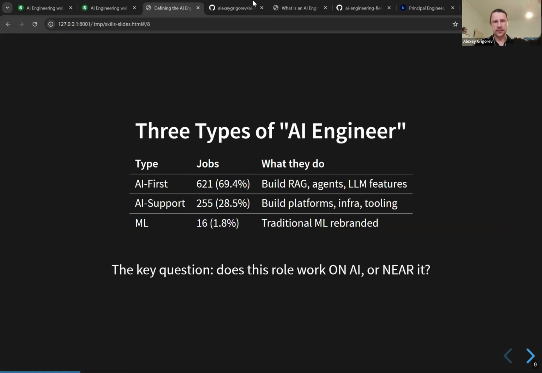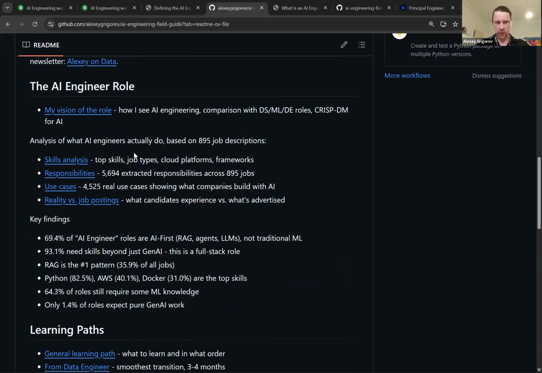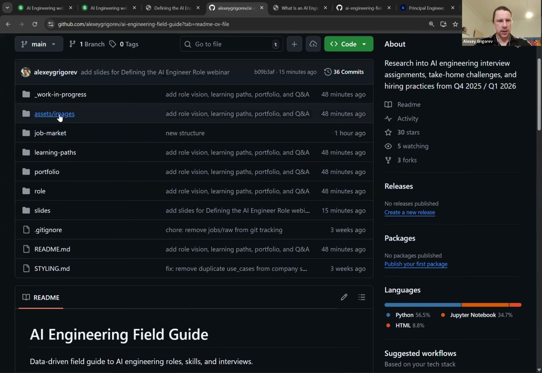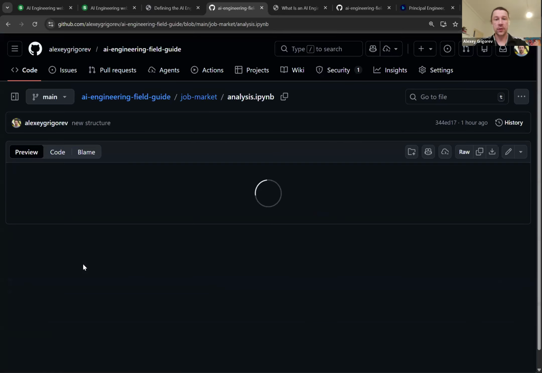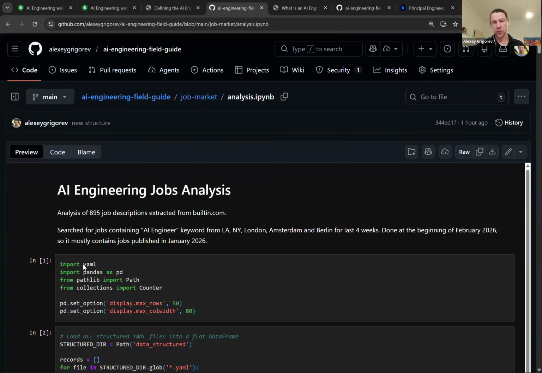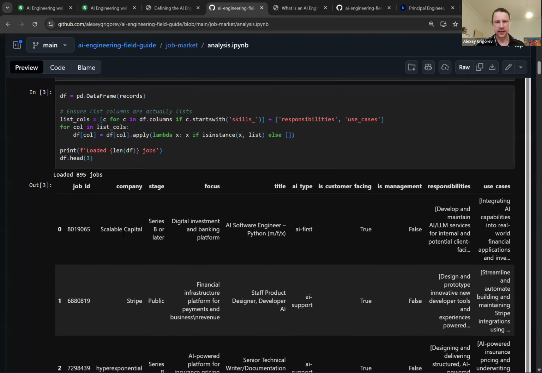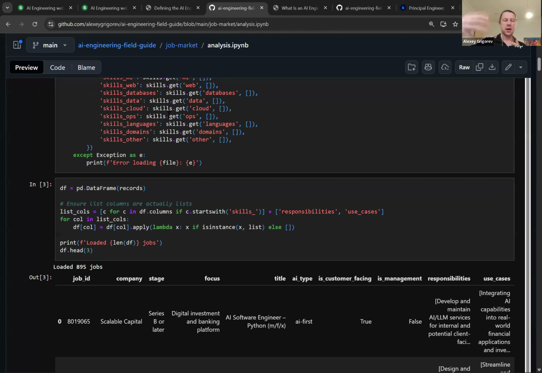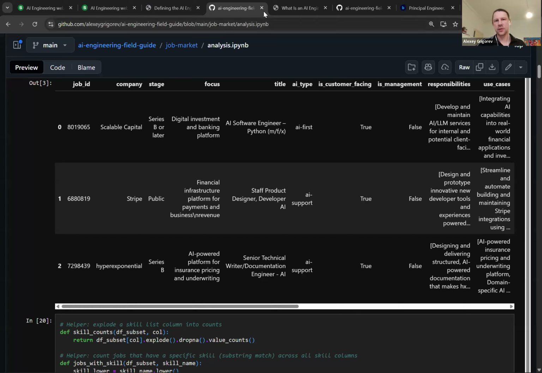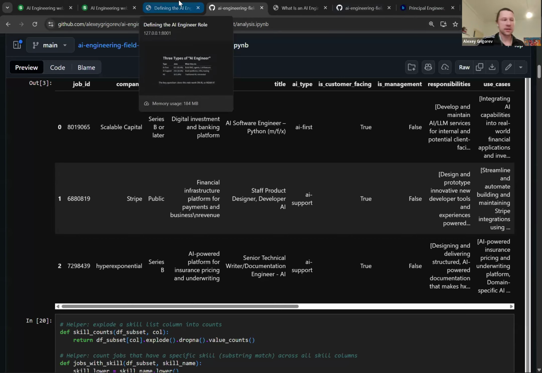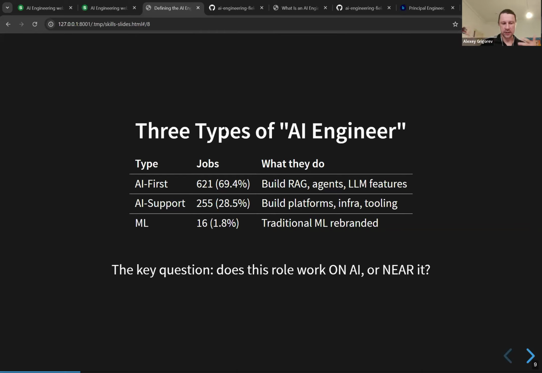By the way, first of all the data, I already showed you all the data. Then we have the job market, then we have the analysis. If you're interested in reproducing it, there is a Jupyter notebook that first turns these YAML files into a data frame and then checks all these things, right? This is something you can also play with. Perhaps you have some other questions that I didn't ask and didn't analyze. Then you're free to just get this data and do whatever you want with it.